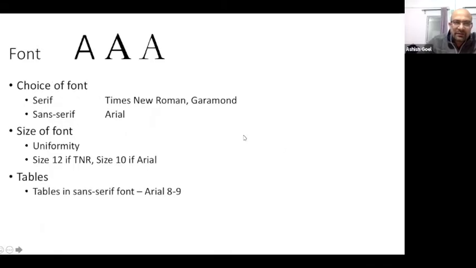After this, we go on to font. Now, there are two kinds of fonts, and we need to know them so that we are able to choose the right kind of font while writing a manuscript. So if you look at the fonts which I have listed here at the top, if you look at this particular font and if you look at this particular font, so Shivangi, can you tell me, is there a difference that you see between these two fonts that you might be seeing on your screen?